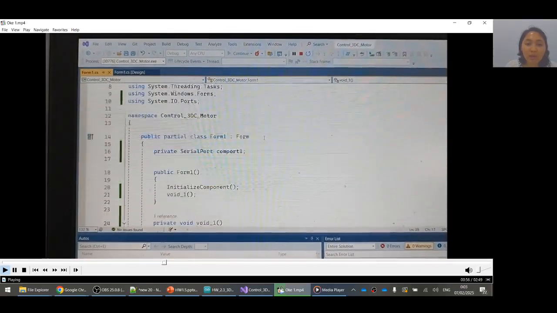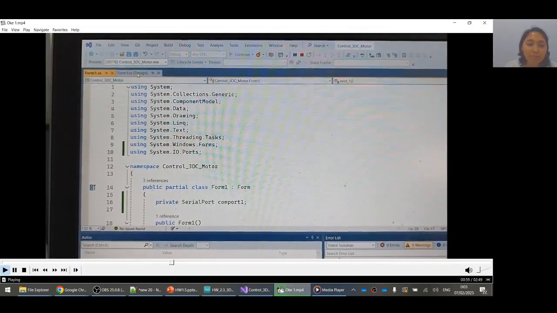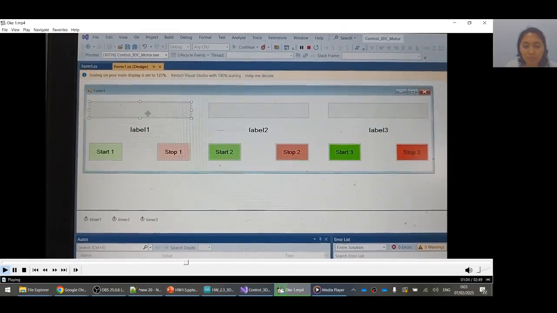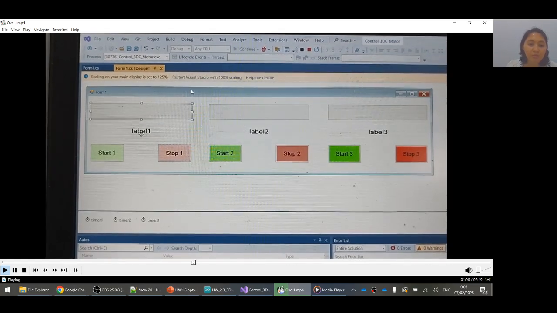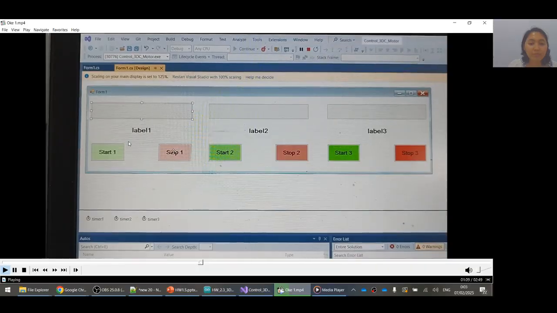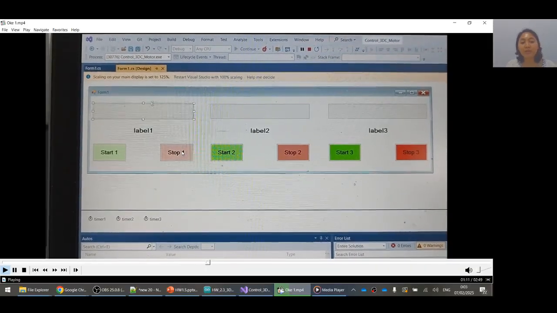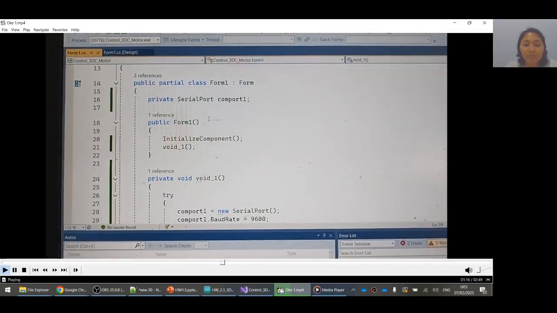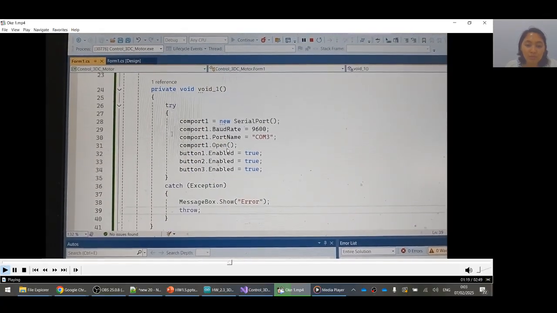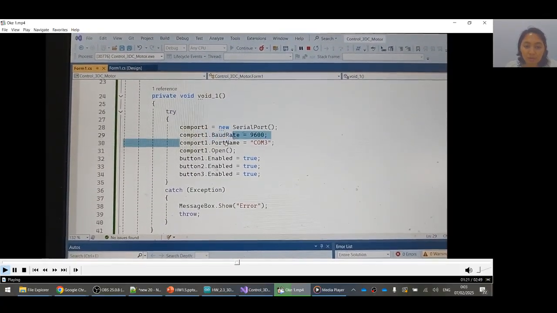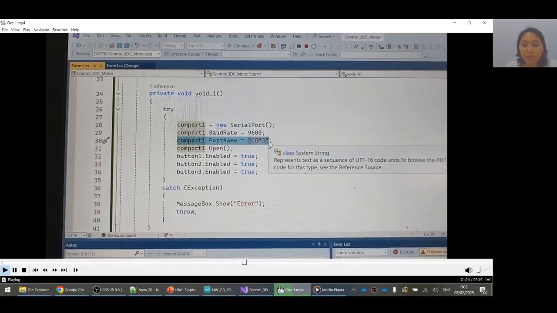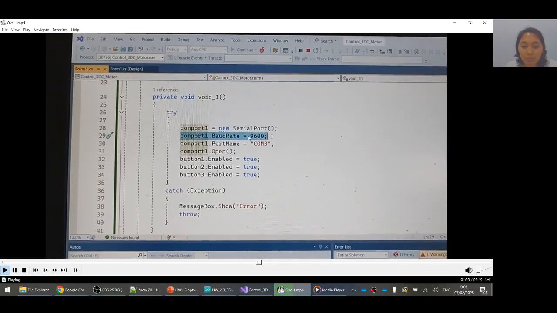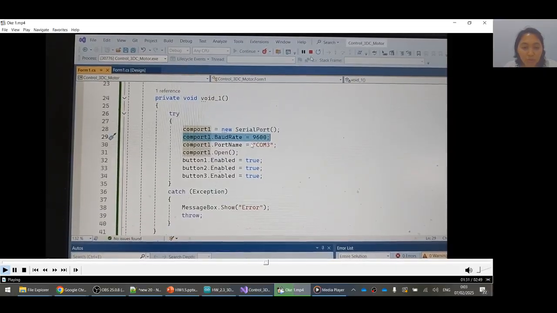And then this is the Visual Studio program, and this is the designer. This is start 1, stop 1 button, I'm sorry. This is the setting of the COM port that used and also the baud rate that used in Arduino Uno.